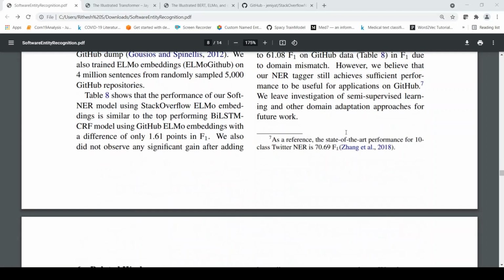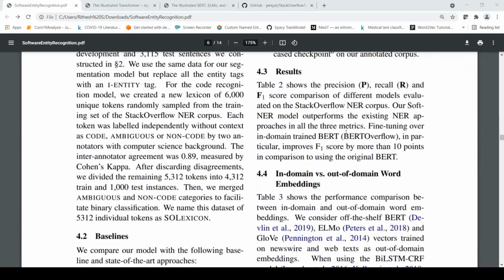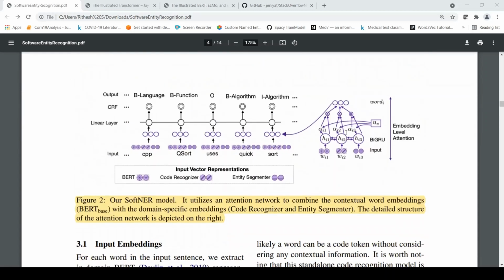So if you look at this whole idea, what they have created over here is a software entity recognition model, which makes use of BERT embeddings, basically a BERT model which has been trained on the Stack Overflow domain, in-domain training.